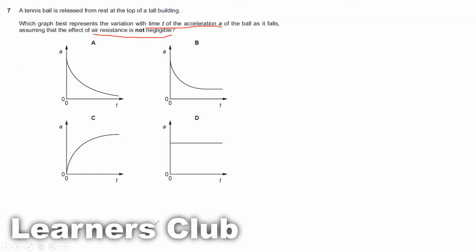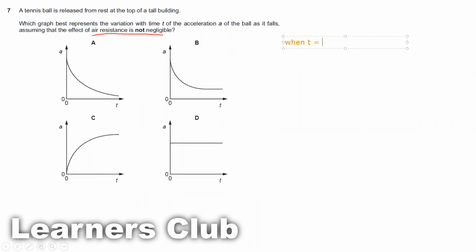So this is a very important point. They are dropping a tennis ball from the top of the building, and in this instance, we have to consider that there is air resistance because they have mentioned air resistance is not negligible. So remember,